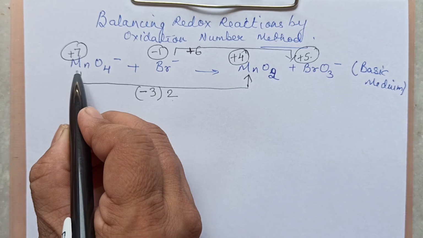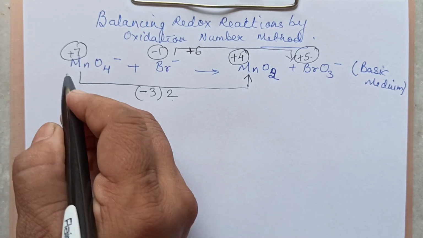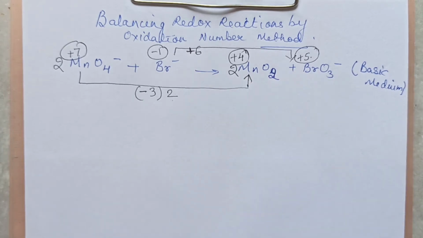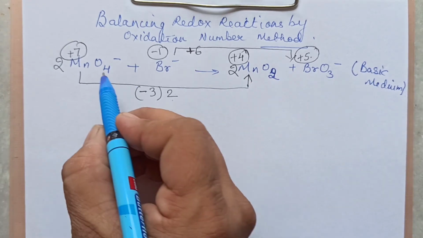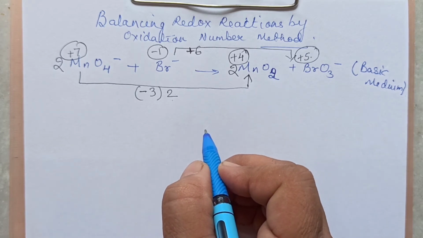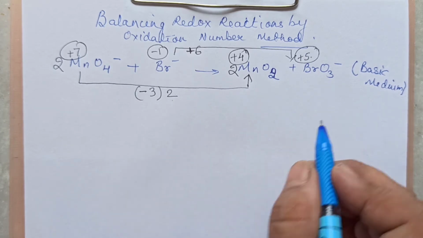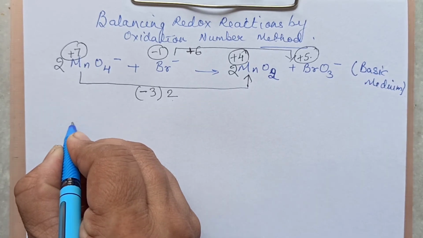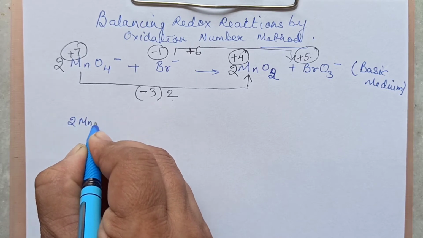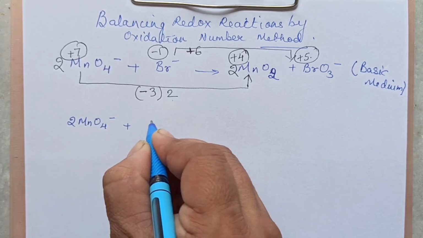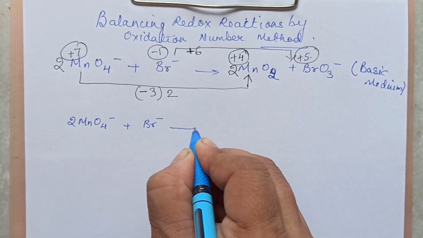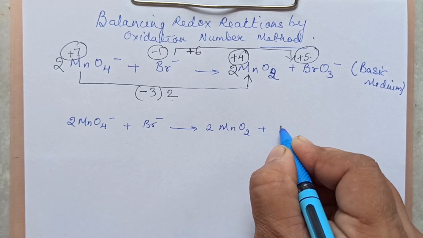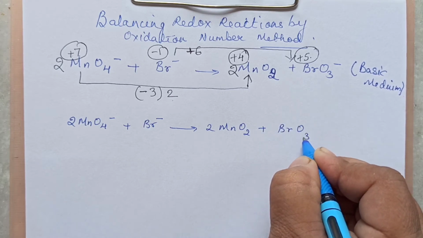In a way, for 1 Mn the oxidation state change we calculated. If I multiply with 2, I will make this as 2 and this also as 2. That means now for 2 Mns the decrease will be by 6. So we make increase equal to the decrease. Okay, so we have done it and we will write down the whole equation again. I am writing the whole equation again to avoid all the confusion, because whatever changes we will be doing will be in this main equation only. So I have multiplied this by 2 and I have rewritten the whole equation, right?